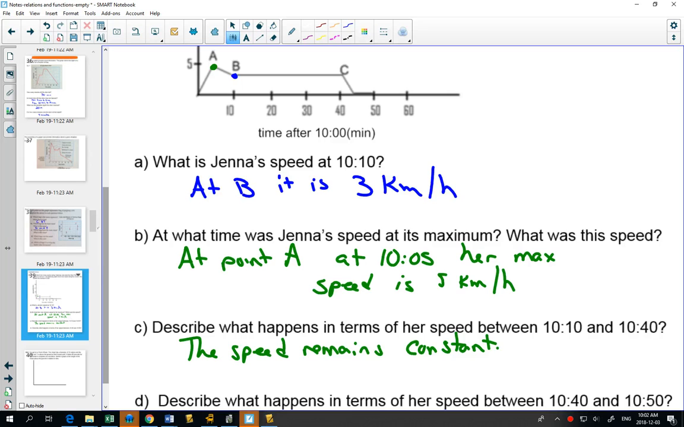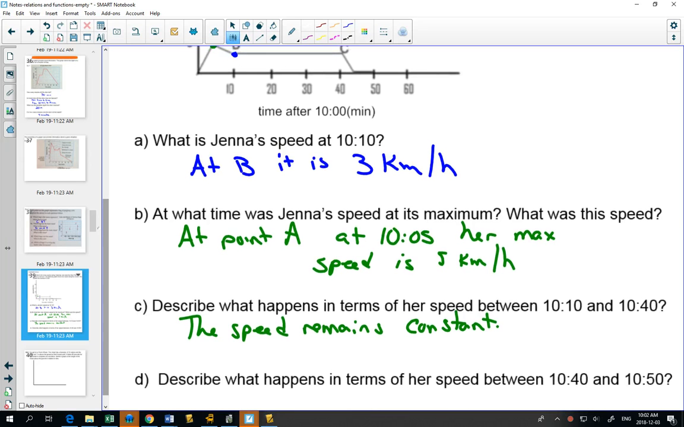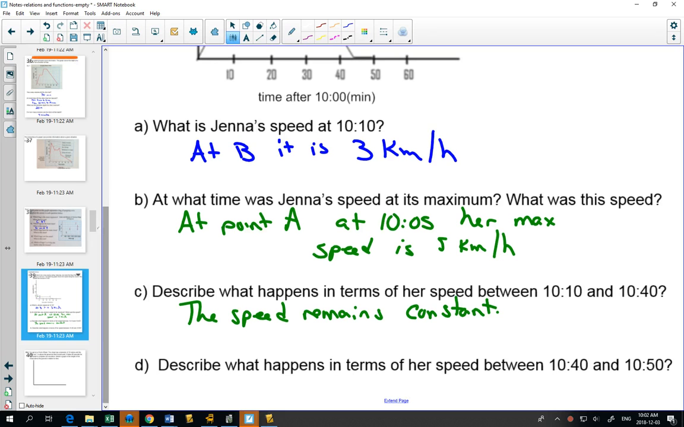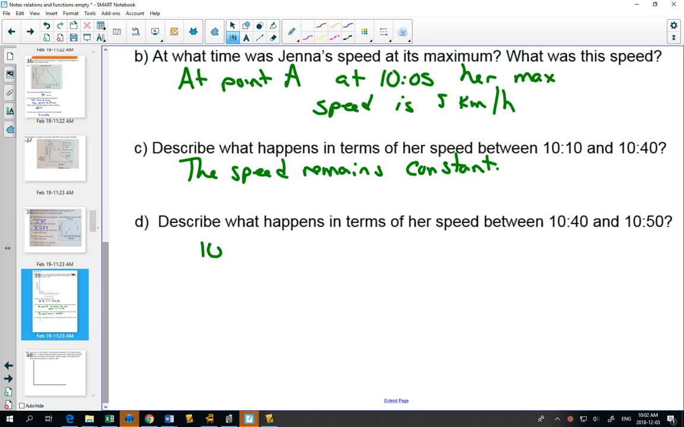What happens between 10:40 and 10:50? Well, 10:40 till about 10:44, she slows down. So we can look at 10:40 to 10:44. That's where she slows down. And then from 10:44 to 10:50,